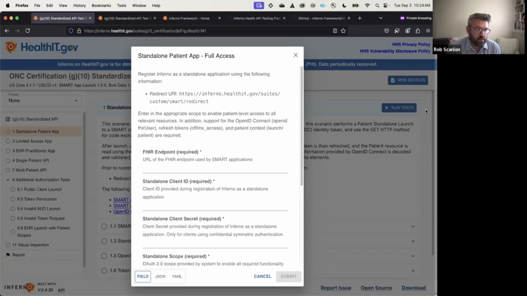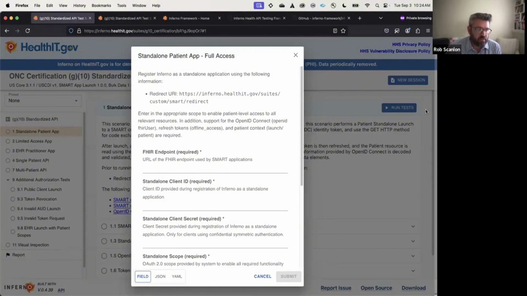And you're provided with several inputs that you have to fill out in order for the Inferno set of tests to work. So in this case, Inferno acts as an OAuth client and asks the system under test to provide authorization for Inferno as a client